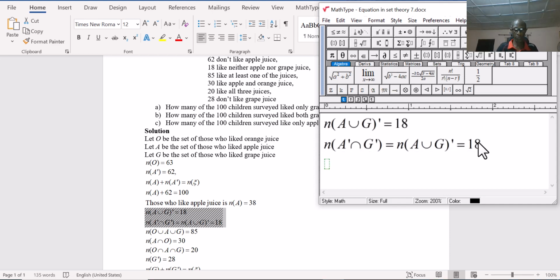I need to explain something, and it's still about the complement of a set. Now, these are people who like neither apple nor grape. So we have found that. So if you have something like this, G plus A union G complement, it will be equals to